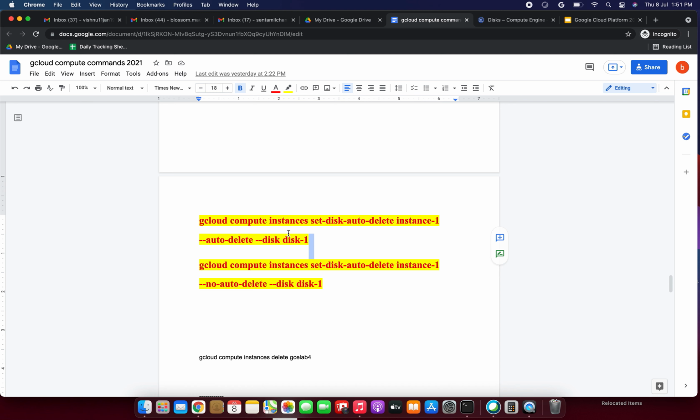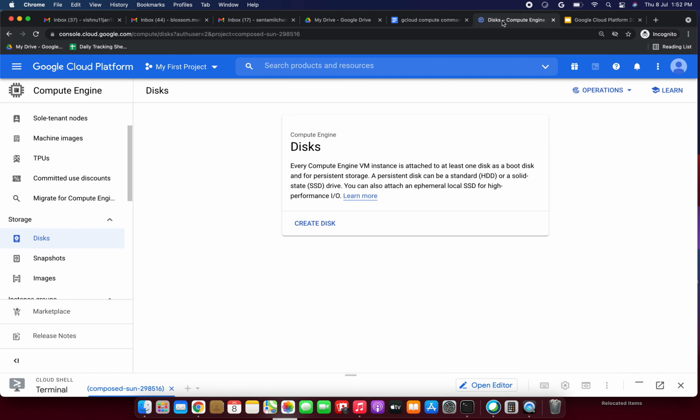So next I would like to talk about the clone. For example, if we are creating a persistent disk, and after that I need the same disk size again and again. So what should I do? I have already created a 100 GB persistent disk, but I need 10 persistent disks with the same size and the same zone. So how to do that? We are going to do it right now.